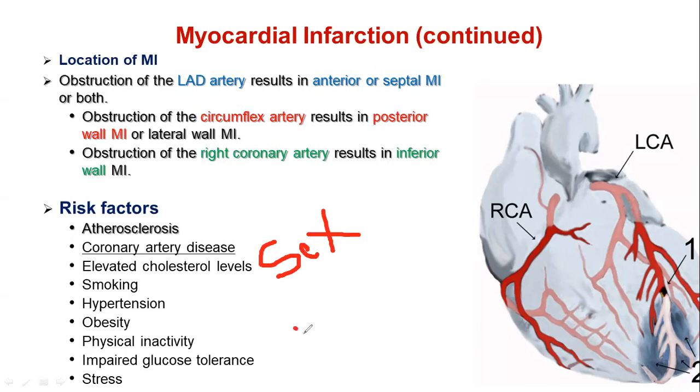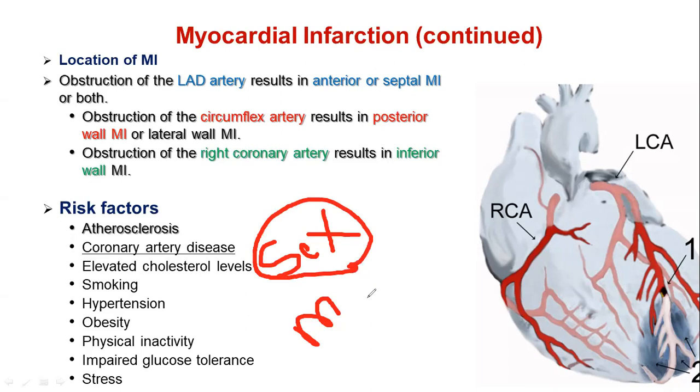So usually men or the male gender is at more risk than the female. But after menopause, men and females are under the same risk to develop MI, because before menopause, estrogen and progesterone protect the heart. But I'm saying that gender or sex is not possible to modify. It is a non-modifiable factor,